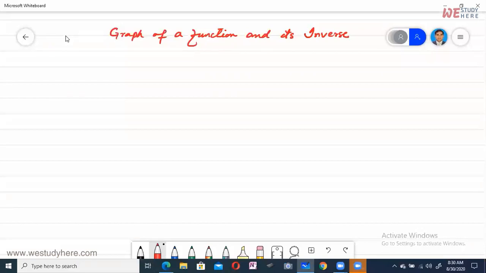Graph of any function f of x and its inverse function f inverse of x